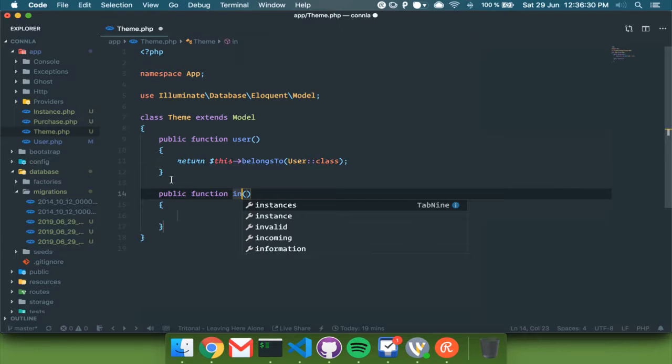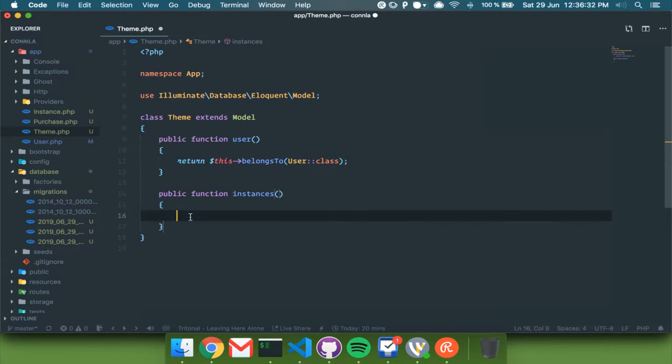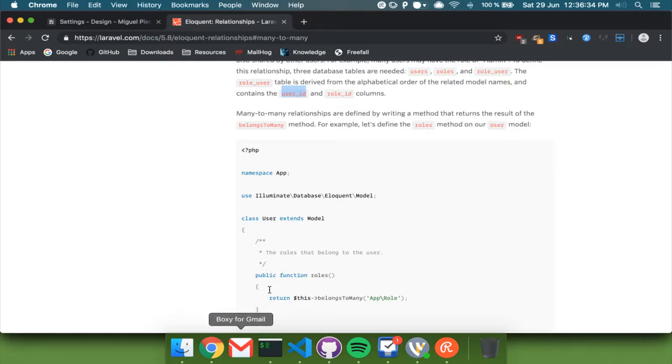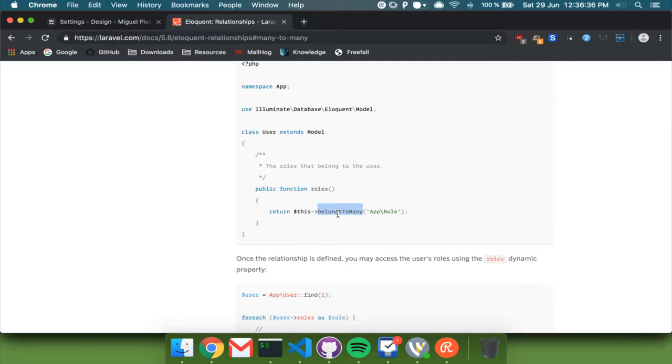A theme can have many instances. So this is return belongs to many. It is a belongs to many relationship on two sides. So I need to do belongs to many in the roles, and